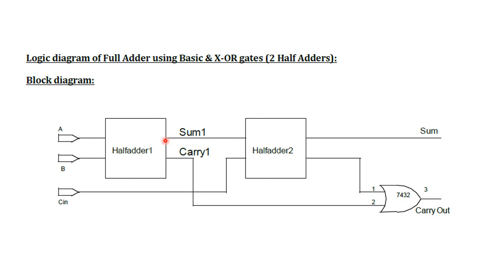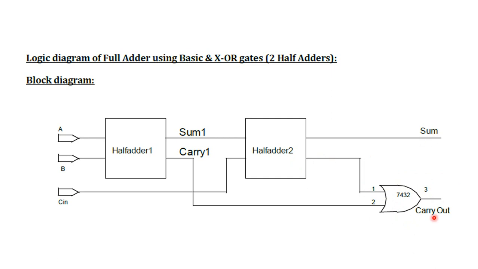For the full adder circuit, we need one more half adder circuit. The sum of the first half adder circuit is connected to the input of the second half adder circuit, and one more input, Cin, is connected to the second half adder circuit. The second half adder circuit gives the sum and a carry. The carry of the first half adder circuit and the carry of the second half adder circuit are both connected as inputs to the OR gate. This is the final carry out. So the full adder circuit has sum and carry out.